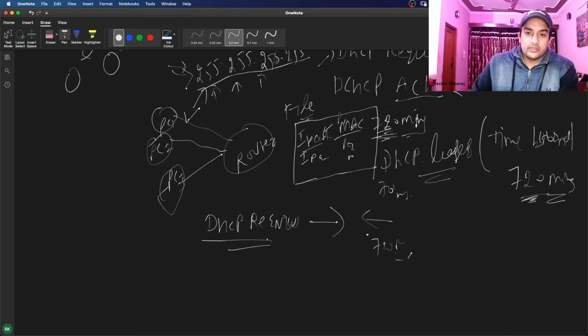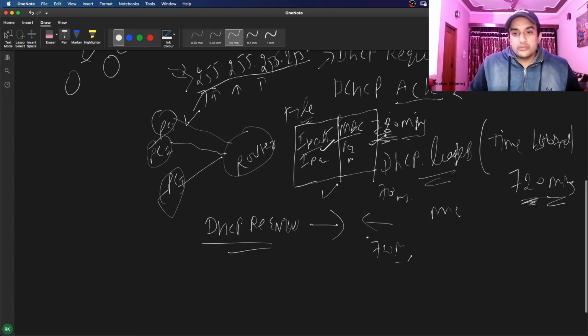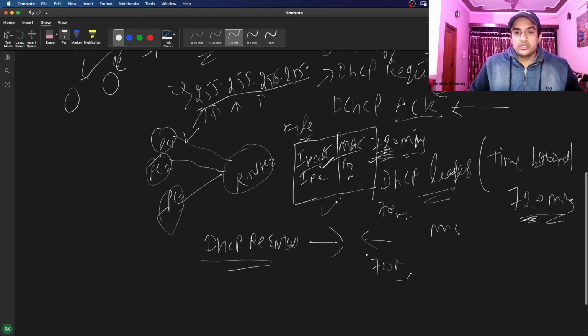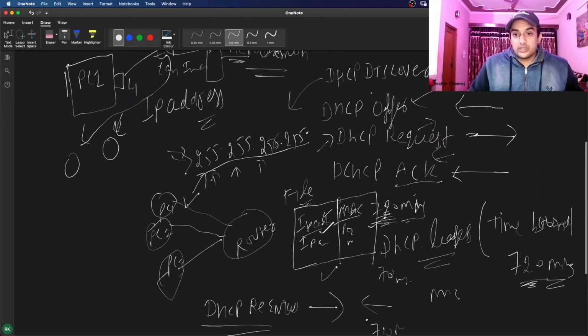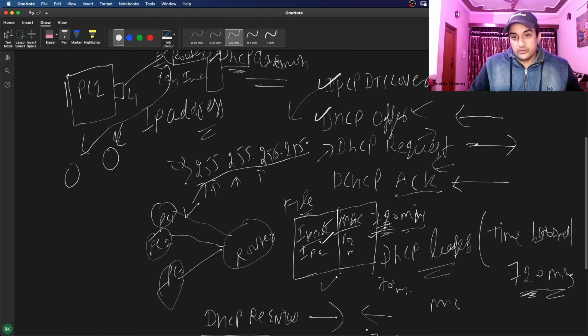Another scenario: you have taken an IP address from the router, so the router maintains this table, and then you disconnect from the router. It could be your phone, where you turn off the Wi-Fi. When you reconnect to the router, it checks your MAC address in this file. If your lease is available, it will give you the same IP. In that scenario, your mobile or PC, which still has a lease pending, won't send the DHCP discover and offer packets, because the router doesn't have to offer anything, it has already given the IP. So your PC will just send a DHCP request.